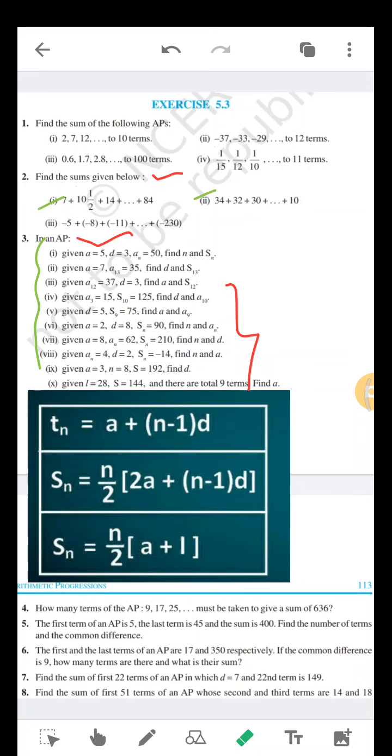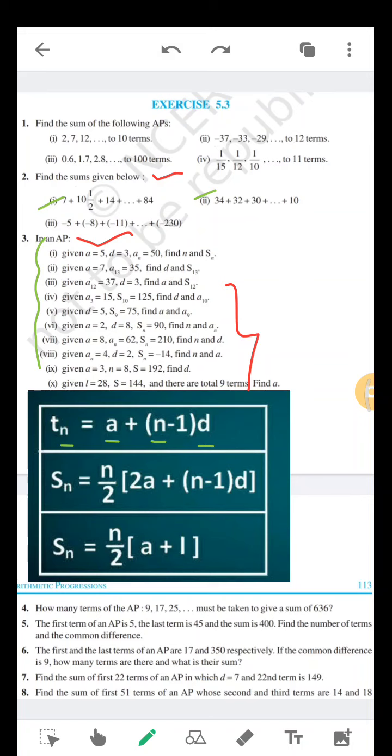Like we have done in exercise number 2. T of n or a of n is one term. There are 4 terms in this. In the second exercise, the first question was based on this concept only, where we had a table and we found one of the missing values. In one question a was missing, in another d was missing, and we found that missing value. So out of these 4 terms, if any 3 are given, we can find the 4th one. The same way we are going to do these questions.